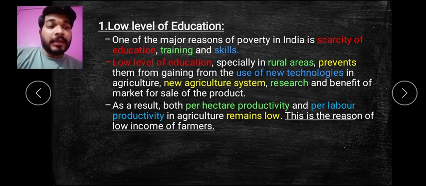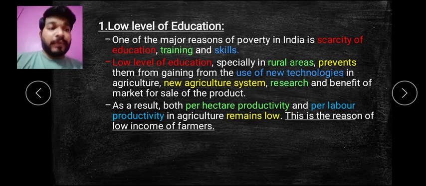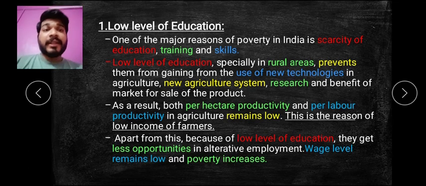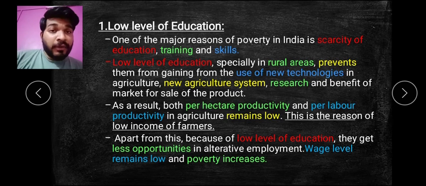Now here this is the reason you find that the income of the farmer is low. Suppose, as we have seen many reasons, monsoon, rain, flood, natural causes, so it affects the farmer for the production sector. So there should be alternative things. And the main thing is education. If you are having education, you can go with adopting new skills, new training. You can use your mind for growing new techniques. Apart from that, you find that the last point says that because of the low level of education, they get less opportunity.